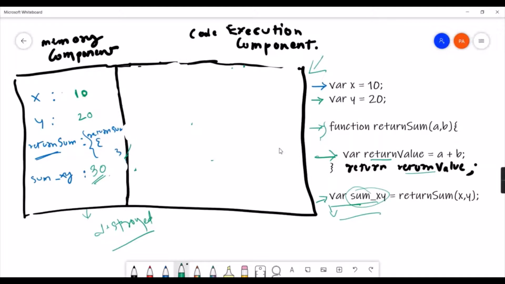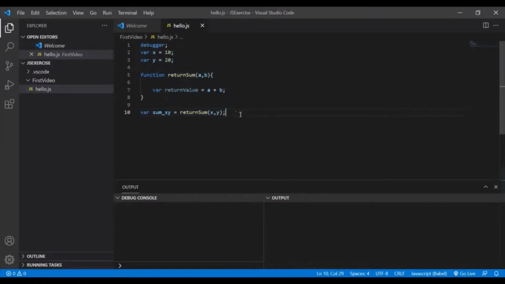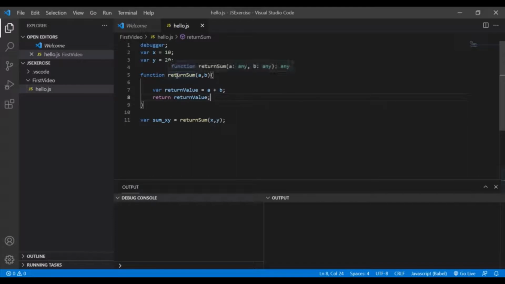So this is how code is executed by the JavaScript engine. Okay, so let's go to VS Code and we will see the actual execution over here, and we'll just add a statement return also before that. So return value, right? We'll save this and we'll execute this code, and we will see line by line what exactly is happening. Okay, I have just added a debugger here so that the execution is paused over here and we can see the line by line execution of this code. Okay, so I'll just execute this code.